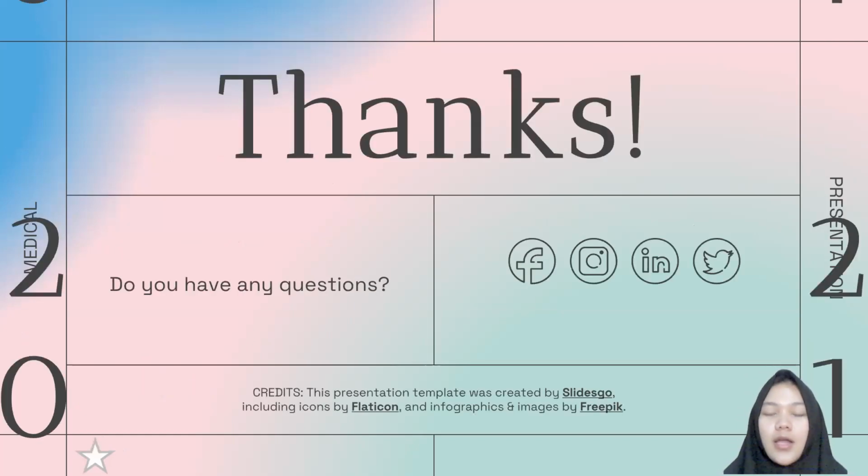Okay, for the conclusion, the summary is all I can say. A heart attack is a disease caused by blockage of the blood vessels that provide nutrients to the heart, which is the coronary artery. The signs of heart attack can vary and are not the same in every human being. The most important thing you can do to prevent a heart attack is to maintain a healthy lifestyle. So that's all I can say.